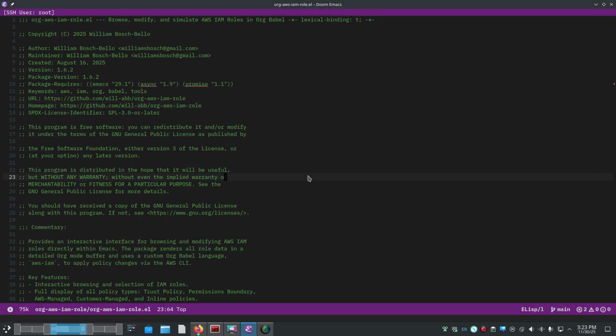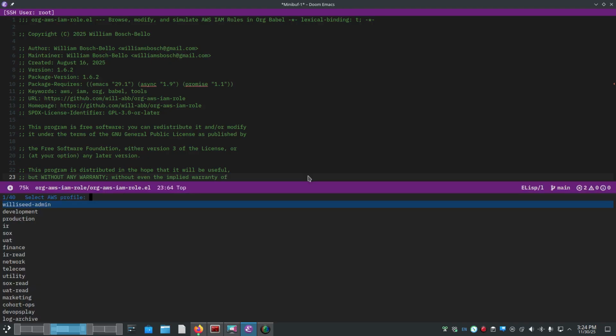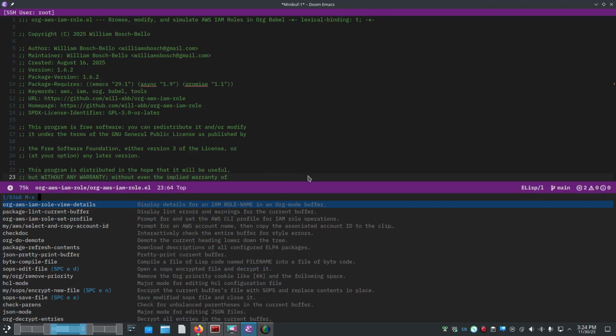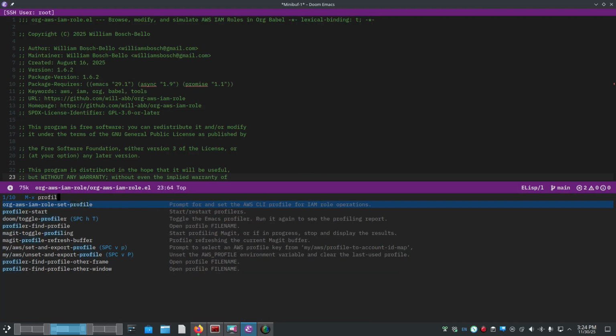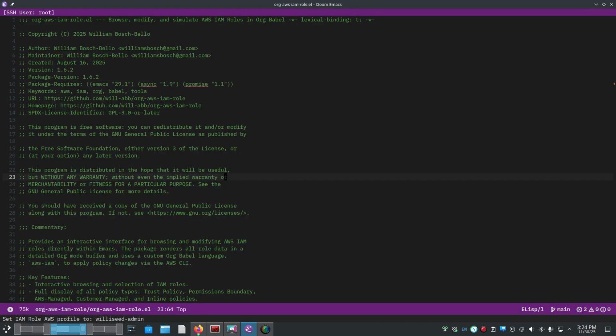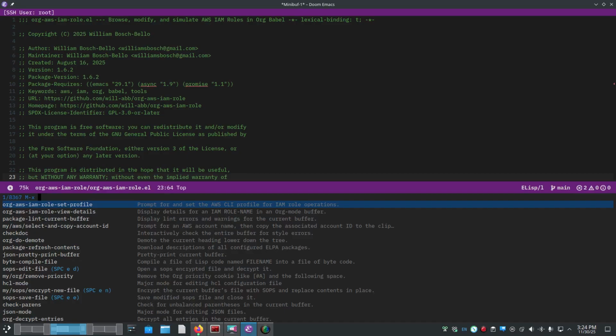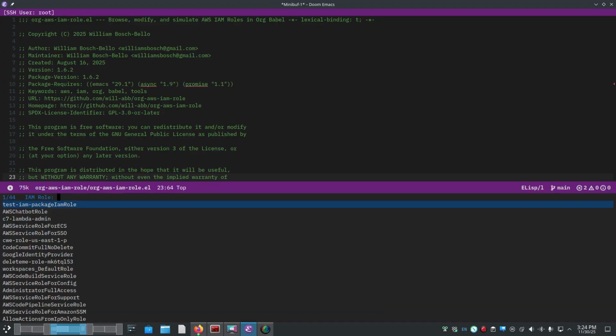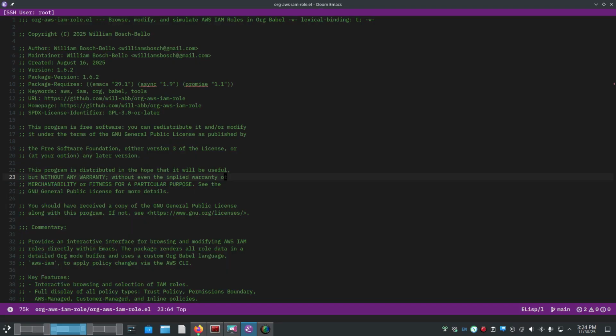Okay, I'm just going to show a video demonstration of how to use the package. The first thing you want to use is get a profile. It'll pull your list of profiles and then you can go ahead and select it. Your entry point is the view details function. It'll pull all your roles and then you can select the role that you want to populate